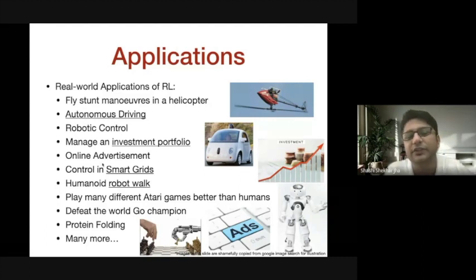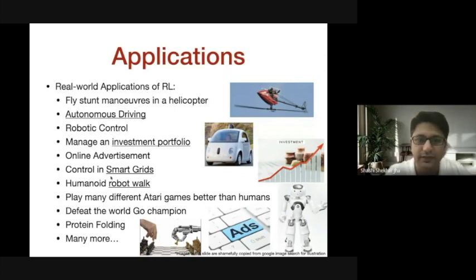Similarly, online advertisement. For online advertisement, it is both the advertisers and the platforms which host these advertisements, like Google. Google would like to make a decision at every moment of time about what kind of ad it should flash, for what kind of users, at what time, so that obviously revenues can go up. So that also becomes a control task. It's not supervised and unsupervised learning only. It becomes a control task because there are other controls involved in advertising. Control of smart grids.